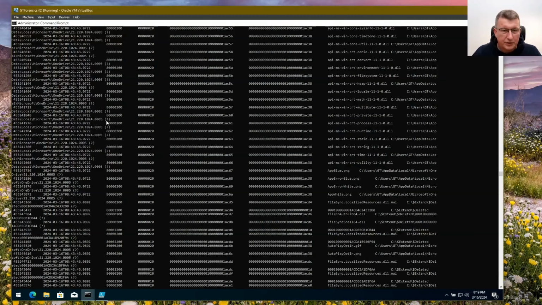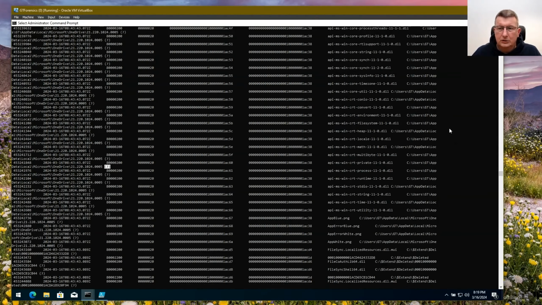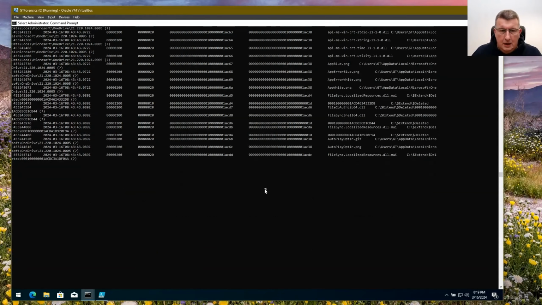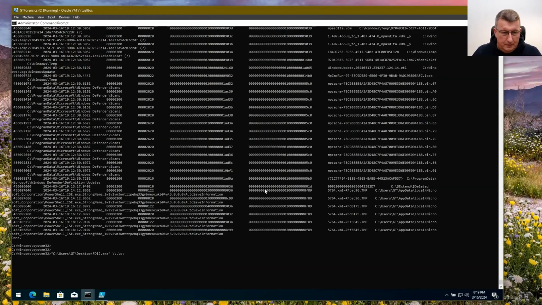Those with a quotation mark here in the name are related to the GUID folder name. I should actually run it by piping it into C users desktop